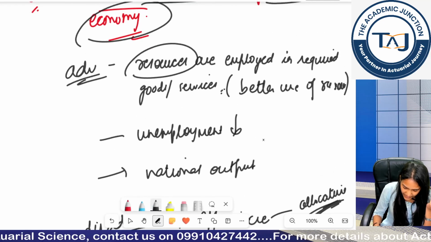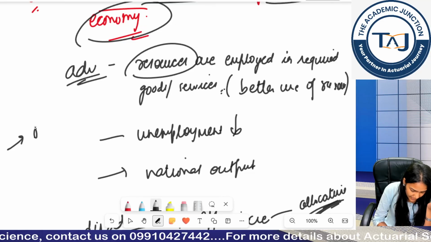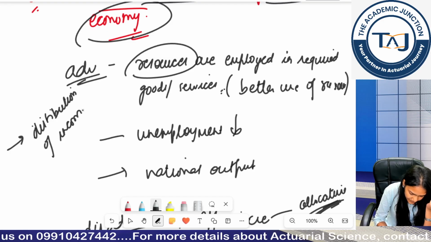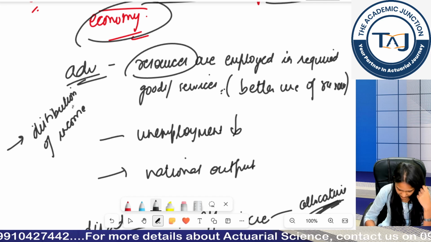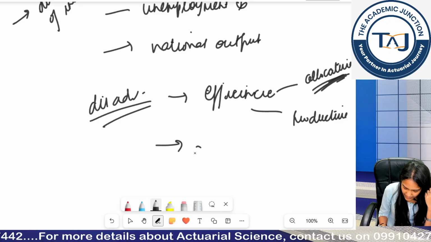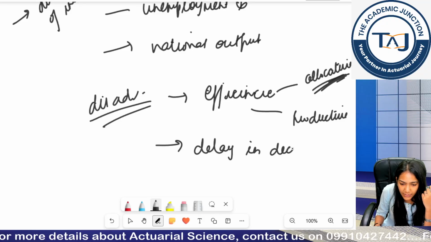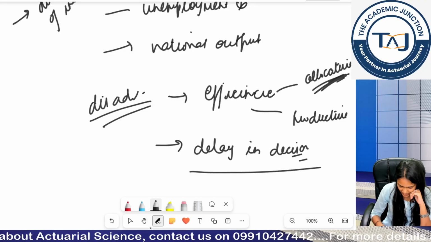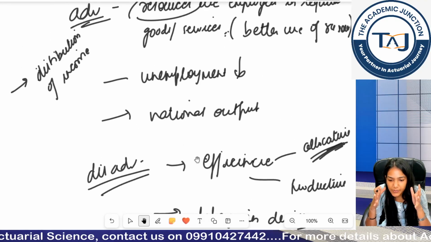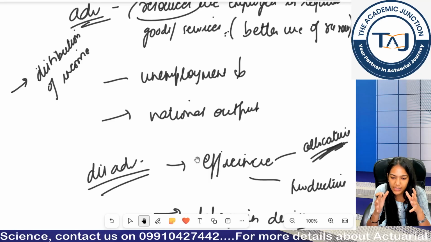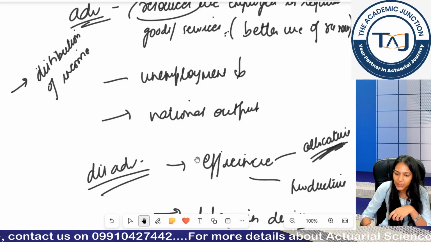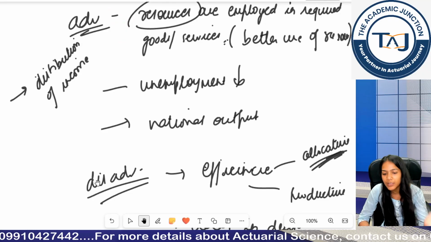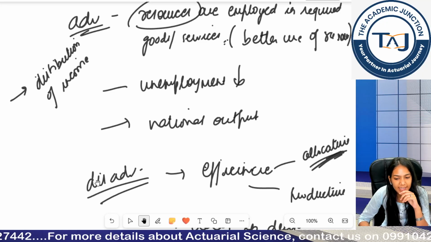Okay. Another advantage could be redistribution of income in the best possible way, right. Here the disadvantage could be delay in decision making, since there is a lot of red tape in everything, that's why there could be delay in decision making. Now we know that the free economy or the capitalist economy is basically the reciprocal of this economy. So its disadvantages become that economy's advantages, and its advantages become that economy's disadvantages.